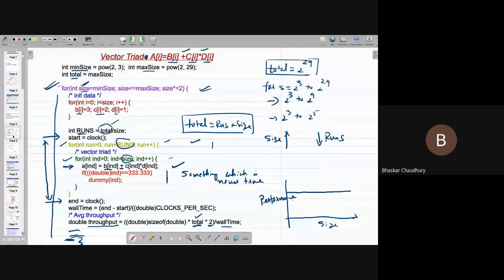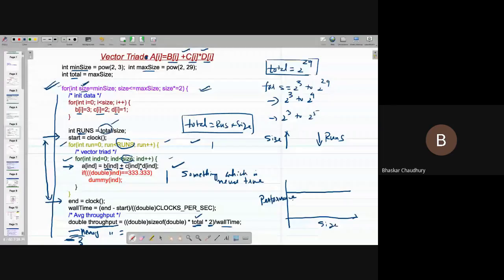Okay, now let's say that I also want to calculate the memory throughput. So this is the compute throughput. Now if I want to calculate the memory throughput, I am writing it memory throughput. So what should be the formula for that? What is the unit for memory throughput? I think gigabytes per second. Exactly, gigabytes per second. So the formula should be written in such a way that it comes in that unit